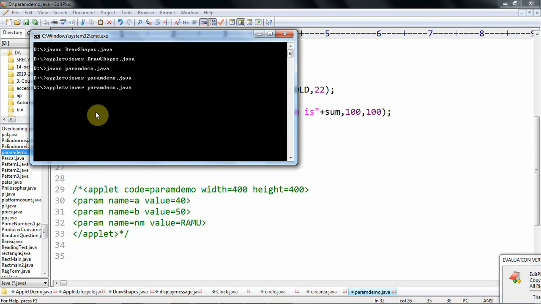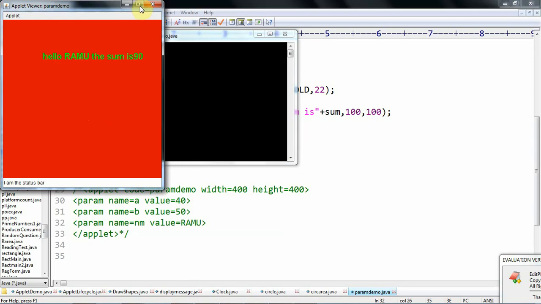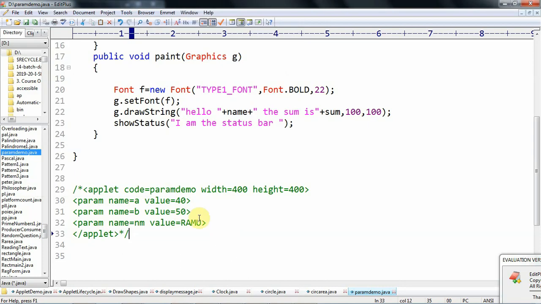Directly run the applet by using appletviewer and see the changes. Hello Ramu, the sum is 90. Here the changed value is Ramu, and the first parameter 40 and second parameter 50 give the sum 90. Like this we can pass parameters to applets by using the param tag.